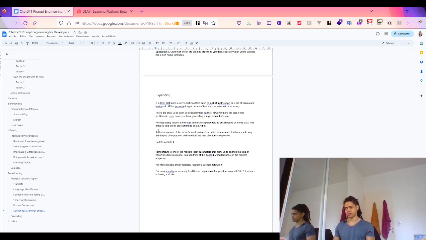Okay, so on expanding, we instruct the model to generate personalized emails based on an AI bot, and also use one of the model input parameters called temperature, which at the end of the day allows you to vary the degree of exploration and variety of your model response. In other words,